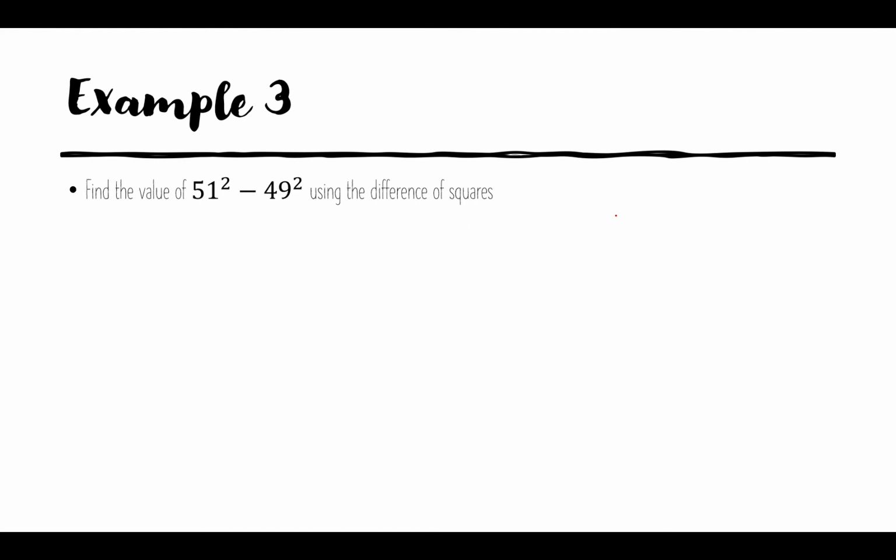Let's look at our third and final example on this topic. Once again, try it on your own first, and assuming that you've tried it, let's dive into this problem. We are being asked to find the value of 51 squared minus 49 squared using the difference of squares rule. Once again, given that our difference of squares rule says that a squared minus b squared is equal to a minus b times a plus b,